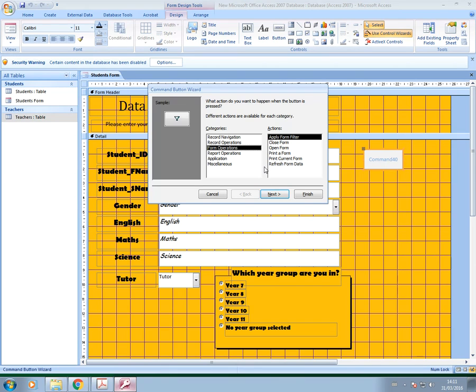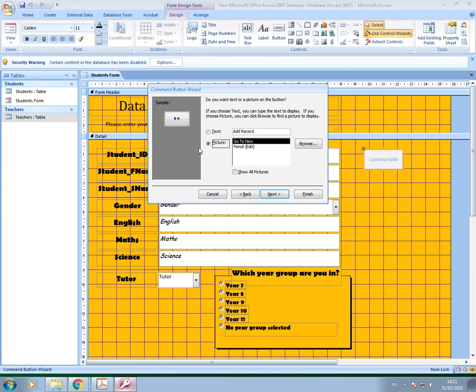Now, bearing in mind students are going to be using this, I think I'm going to go into record operations and have one for add a new record. I don't really want them to be able to delete or duplicate or print. I think adding and saving is about all I want them to do, because otherwise it might cause errors in my database if I give them too many options. So I'll go to next,